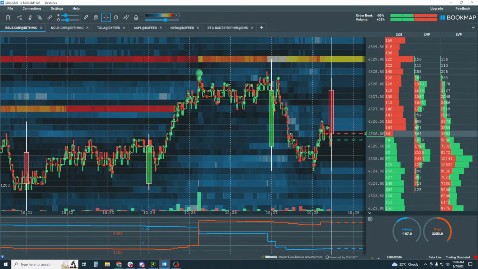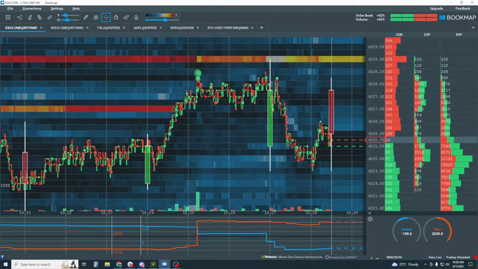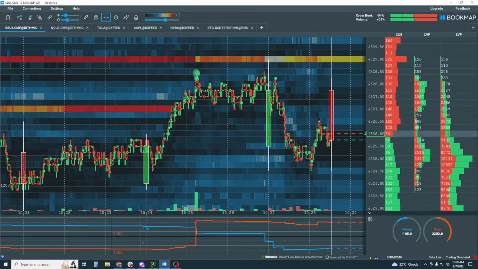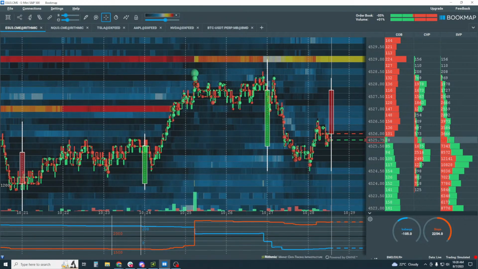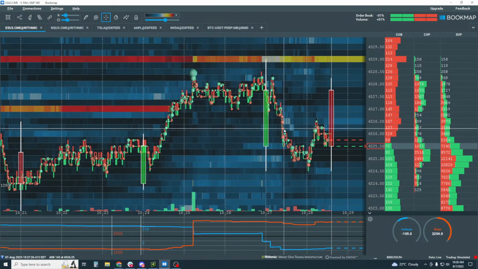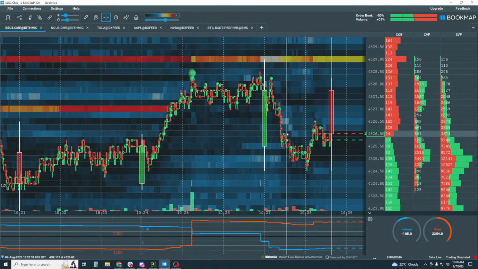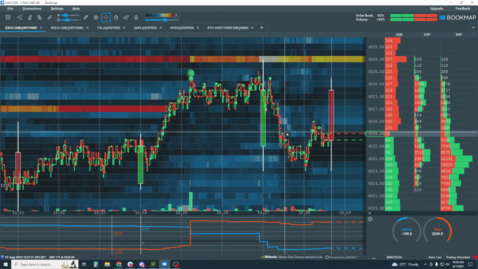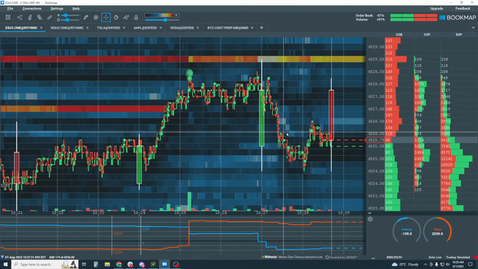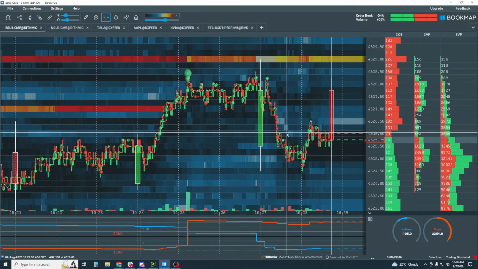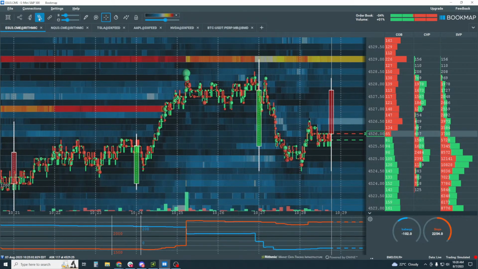MDHC, you saw the Python: we've integrated Python within Bookmap, so you can program within it. There's an add-on, and I can show you where that is.